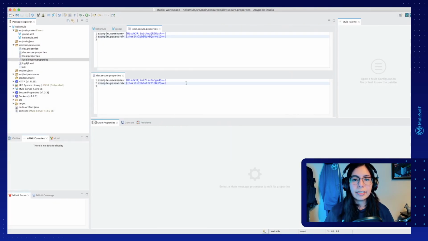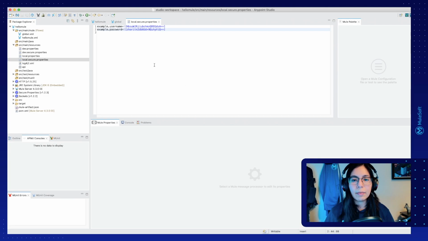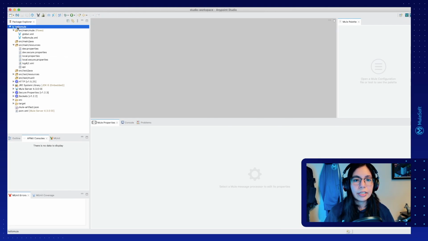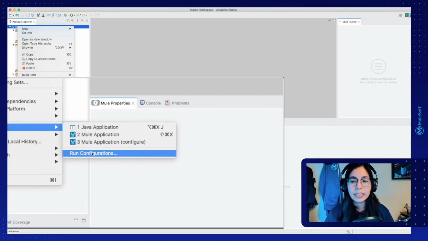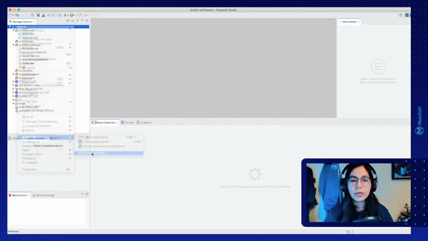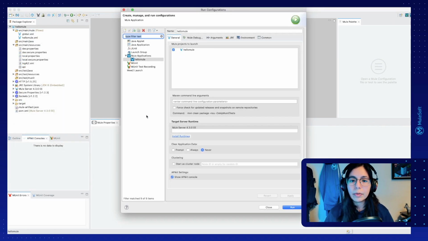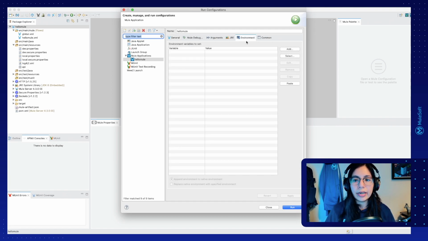Now that everything is set up, we can finally test our application in our local computer. So I can just go into Hello Mule, right click on it, and then select Run As and Run Configurations. We are not going to run this yet because we still need to input the secure property that we haven't done. So this will bring us into our Run Configurations. Here we have our Hello Mule application, and if we go to environment right here,